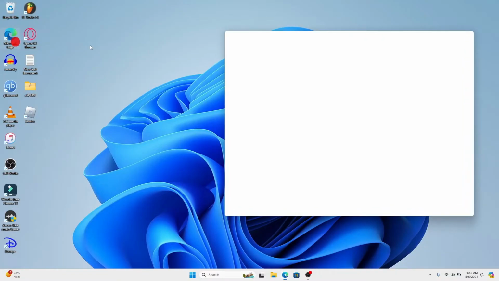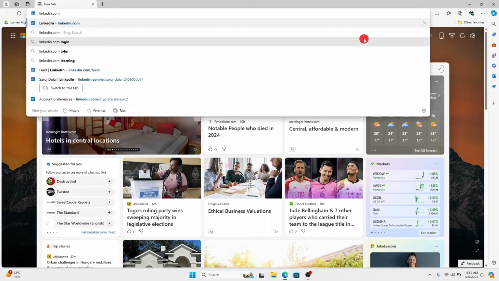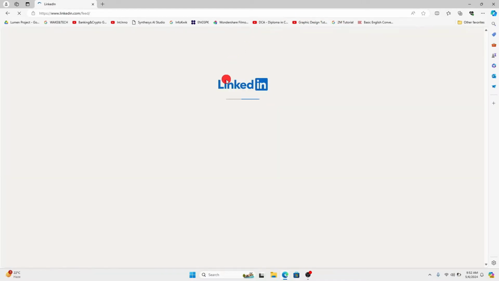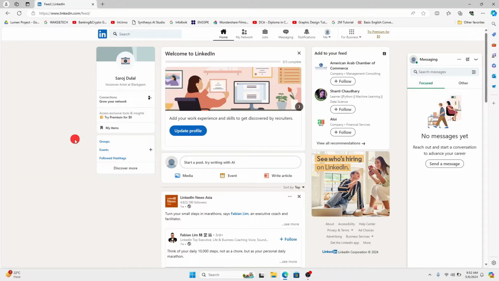First of all, open up your web browser and then in the address bar, type in linkedin.com and press enter. You will now be taken into the official LinkedIn website, within which if you haven't logged into your account already, you will be asked to enter your credentials or log in using your Google account. Once you have been logged in, you will be taken into the home page,